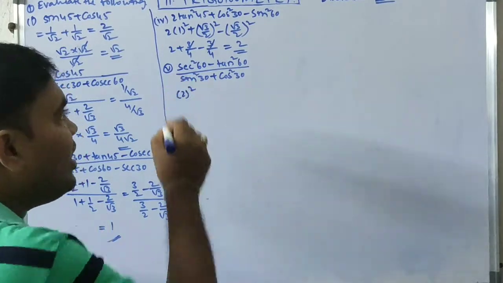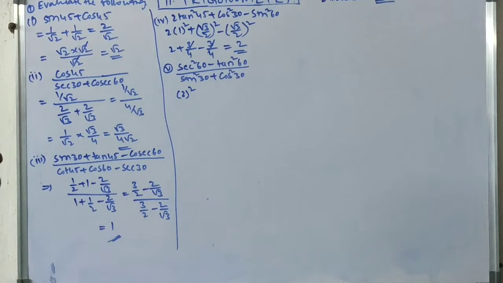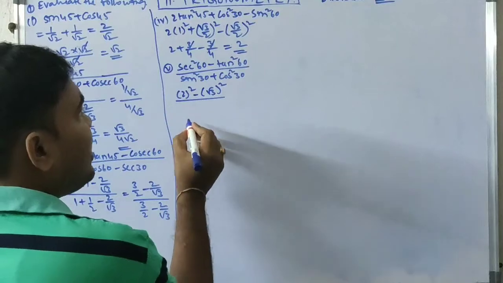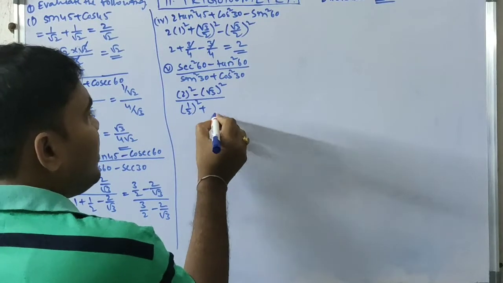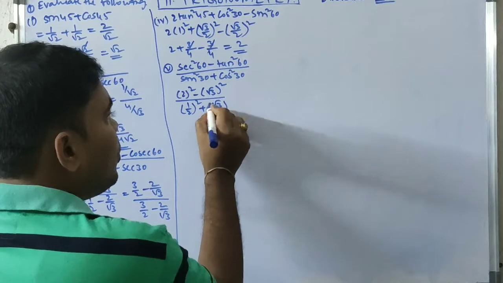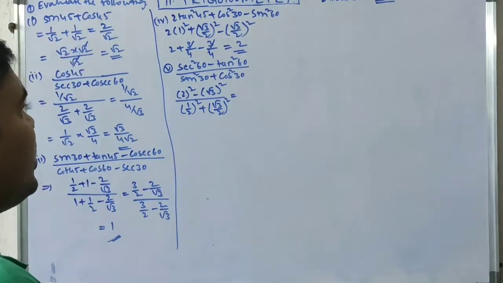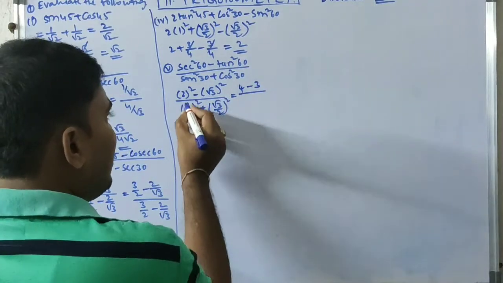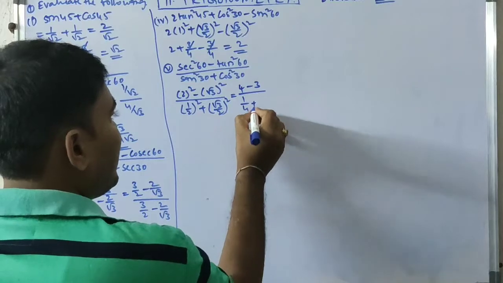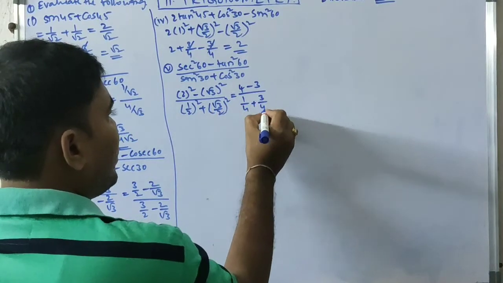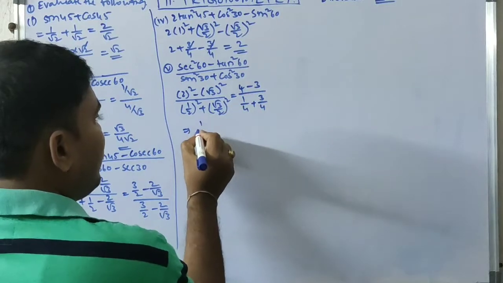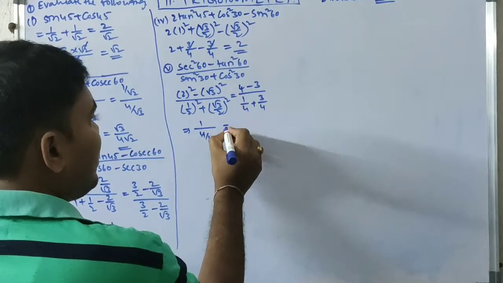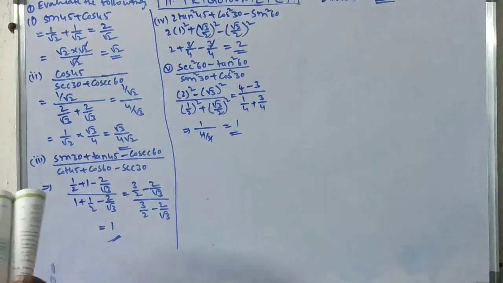So in the table we are getting 60 value, if we observe, it is equal to 2. Tan 60 value root 3 whole square. Sin 30 1 by 2 whole square plus cos 30 root 3 by 2 whole square equal to 2 square 4, root 3 square 3 by 1 square 1, 2 square 4 plus root 3 square 3, 2 square 4. 4 minus 3 1. So denominator 4 1 plus 3 4 by 4, 4 4 cancel. Answer is 1.